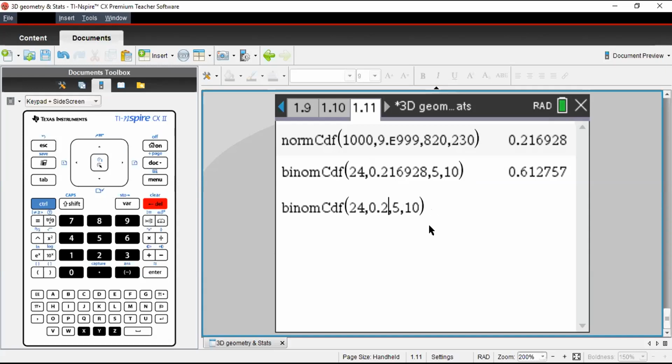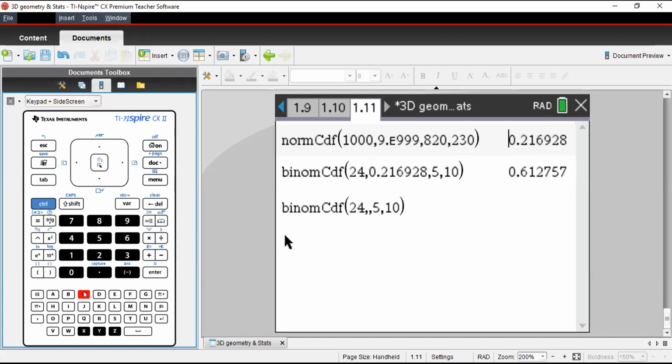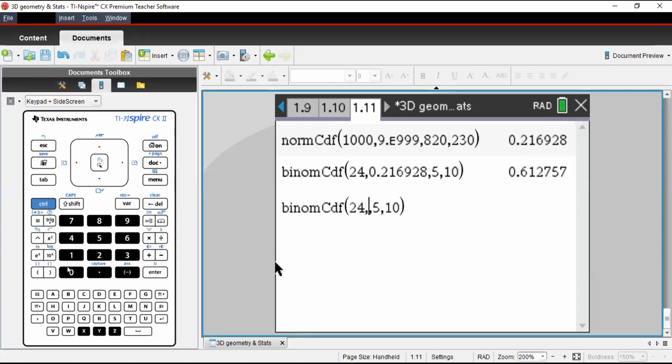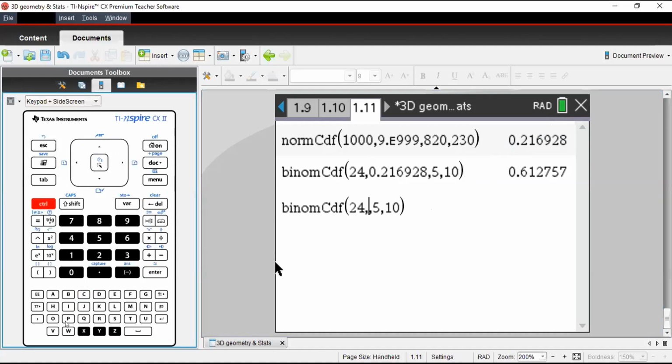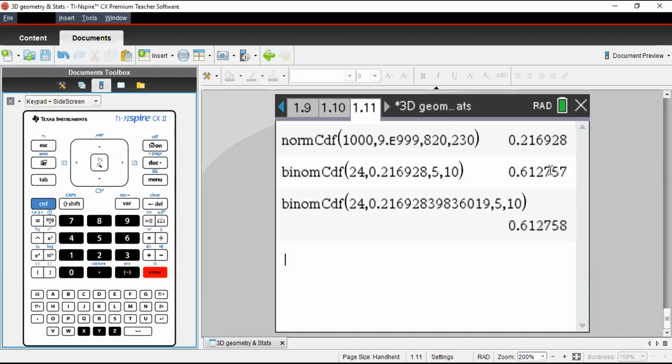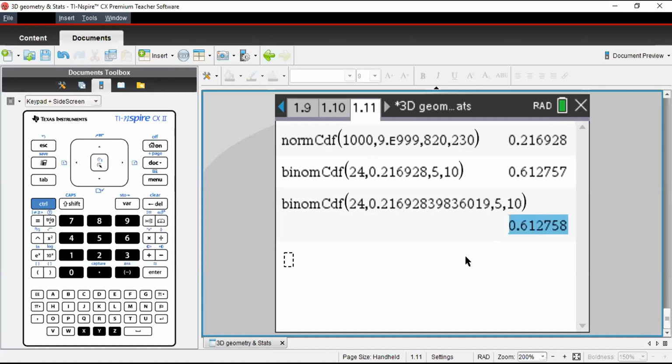I will delete it from here and I will copy my answer by pressing Ctrl C, and I will paste it wherever I want to. Here, Ctrl V. So it will show me the whole answer, the big value, not just up to 6 digits. So press enter. Here in these 2 answers, you can see the last digit is varying. So this is the accurate answer.